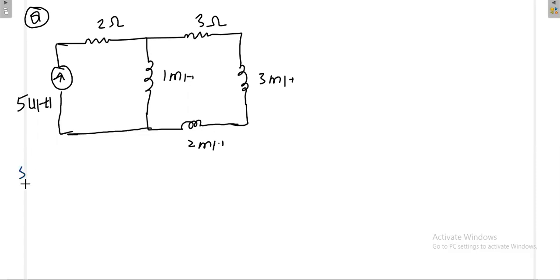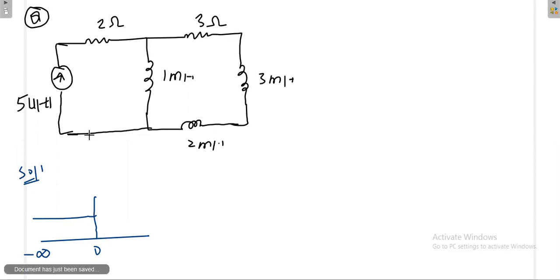Okay, what is the nature of u of minus t? Anybody? The nature of u of minus t is something like this. The value will be present from t equal to minus infinity to 0. After that, for t greater than 0, the value of this one is 0. Now, what will happen after this?